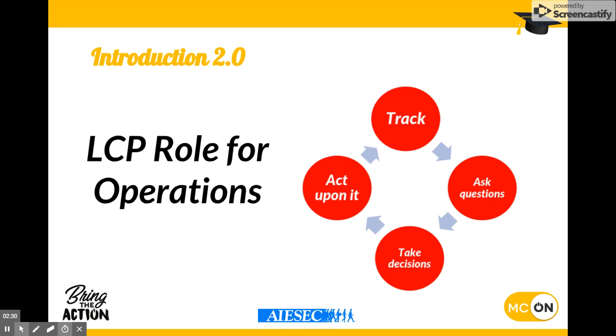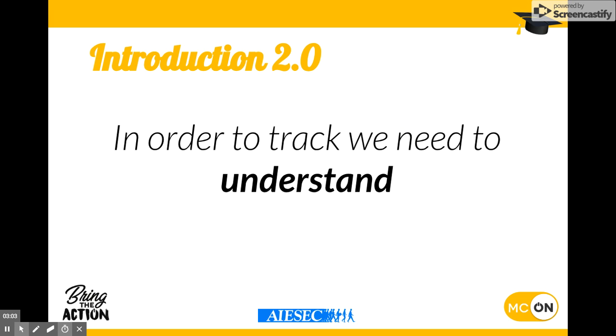And of course, after this you need to act upon it and give follow up to all the actions that you will implement. And then you need to again track what is the result that these changes and these actions are having, and based on this, understand again what are the bottlenecks that your operation can be facing. So basically, this is the cycle that you need to implement. But in order to track and measure your operations, you need to understand what the operation is about and what are the main things that define